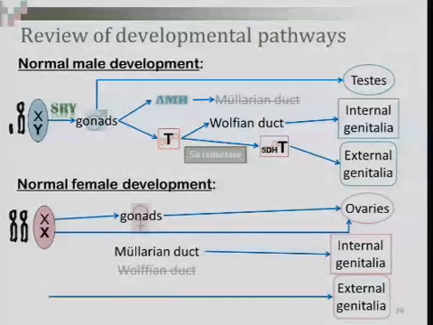Now, normal female development, get a normal XX genotype. In the absence of SRY, the gonads differentiate female. And if both X chromosomes are active, she'll get a set of functional ovaries. Under these circumstances, the Mullerian duct, in the absence of anti-Mullerian hormone,